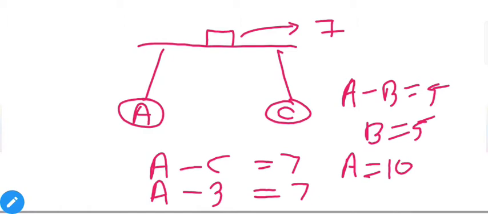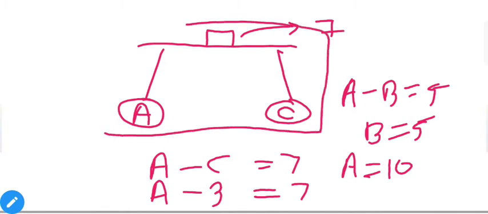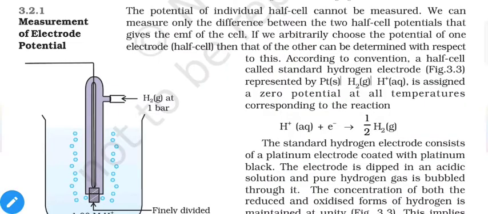The same thing can be done with our cells. We do not know the reduction potentials of the half cells, and you cannot find them using the cell, but you can find the difference between the potentials of two half cells. So using the same method as discussed here, we can find the reduction potential of an individual half cell, but for that we need at least one known value of a half cell reduction potential. But the problem is we cannot measure an individual half cell reduction potential. For that we will use this technique.